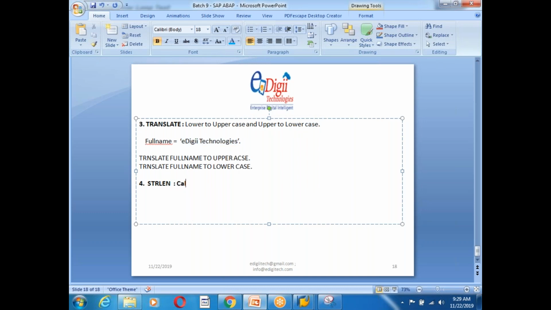Perfect. 1, 2, 3, 4, 5, 6, 7, 8, 9, 10, 11, 12, 13, 14, 15, 16, 17, 18, 19. This is the string length, guys. I calculated manually. If you want to calculate it programmatically, so